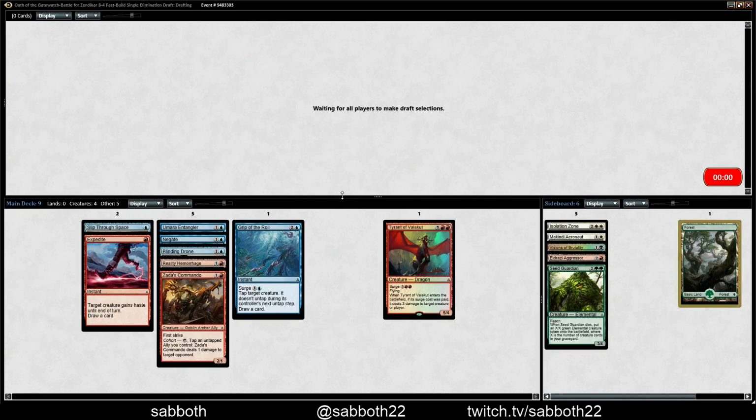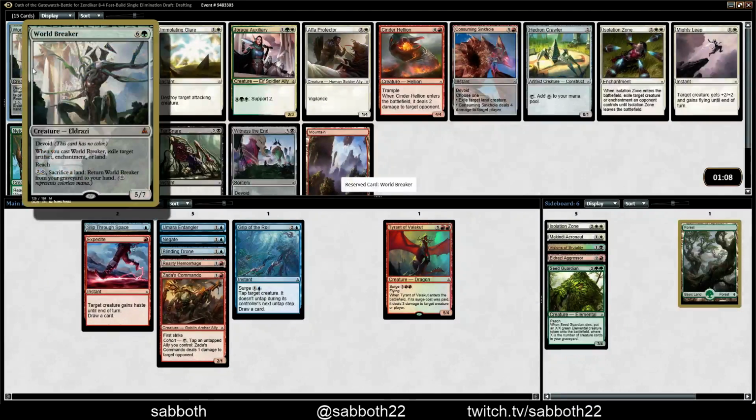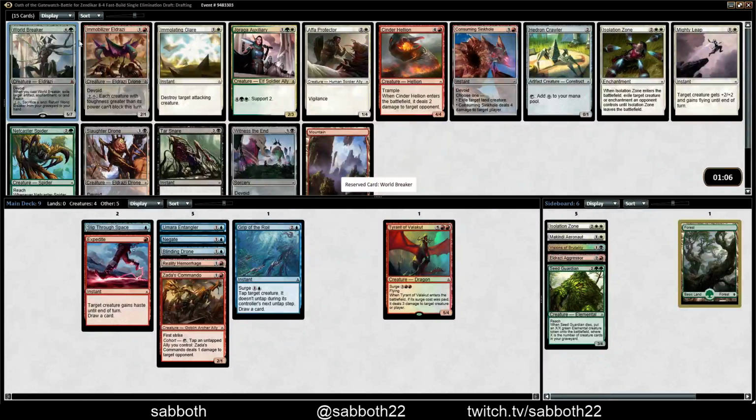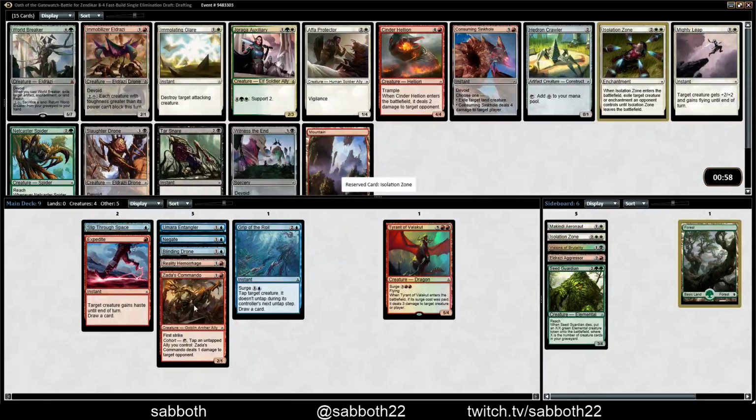Alright, Jorian, come on. Oftentimes you get past a card like Jorian because people just aren't into that. Whoa, World Breaker. Any chance we can splash that? Maybe. Anything we need that isn't that? Another Isolation Zone, perhaps? No, I kind of like the direction we're going in. It's possible we could go into blue-white, which I'm pretty...